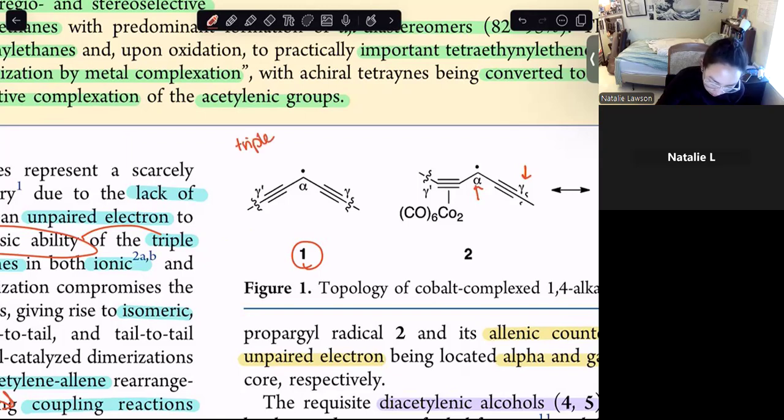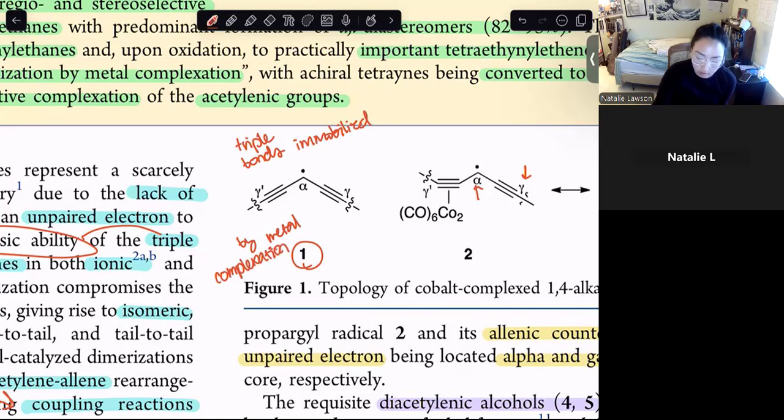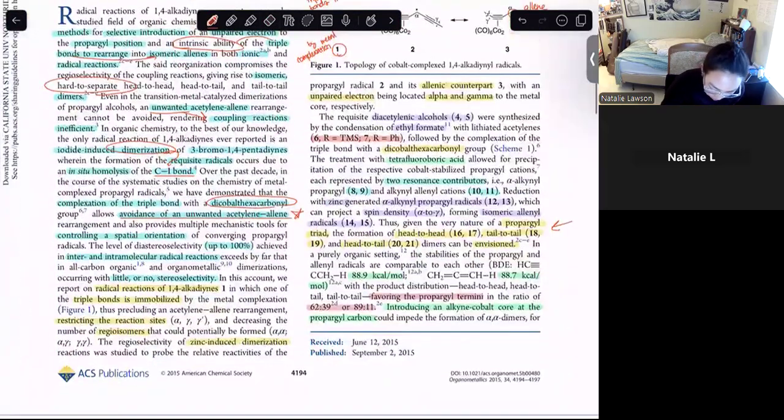Triple bonds immobilized by metal complexation. And then over here, they're saying